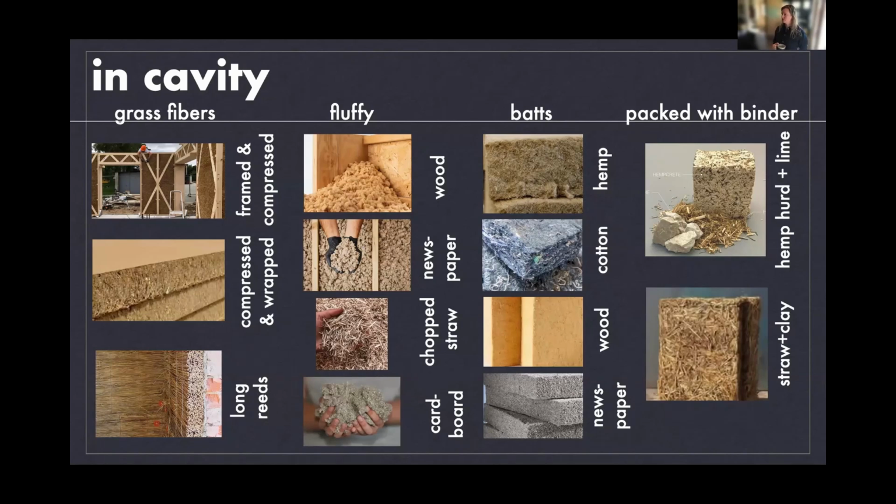And then I'm not going to get too much into these materials that are packed with binders today, but they are really valid opportunities also. They're a little more raw and a little bit less easy to implement into conventional projects. But they can be very beautiful and easy to apply plasters to. Just to give you an overview,